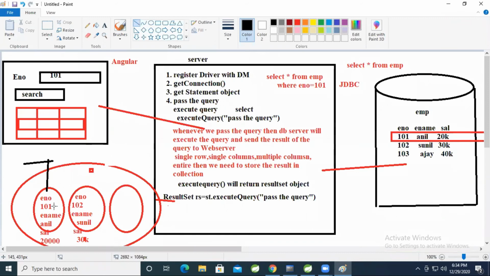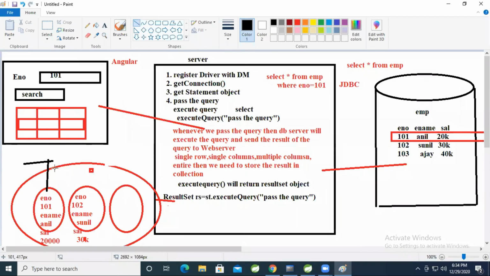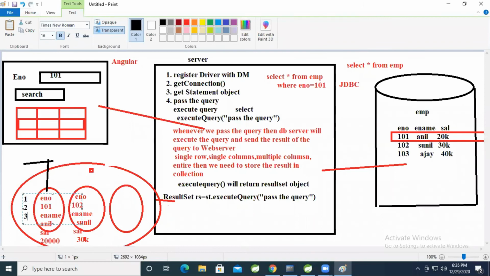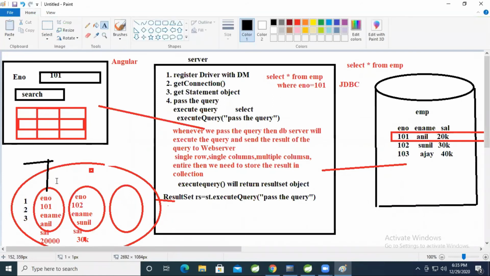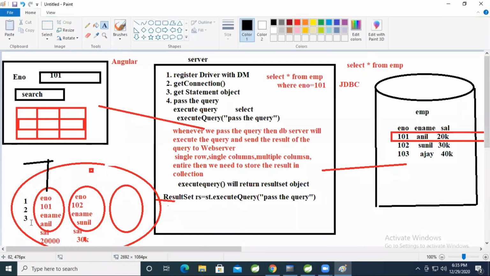False. So is any object existing or not existing? Existing. So it will return true. So the while condition is true, come inside. Now in this object each and every column can be identified by using index number, and here the index number starts from what? 1. Because collection index numbers start from 0, but object index numbers, column 1, column 2, column 3, something like that.